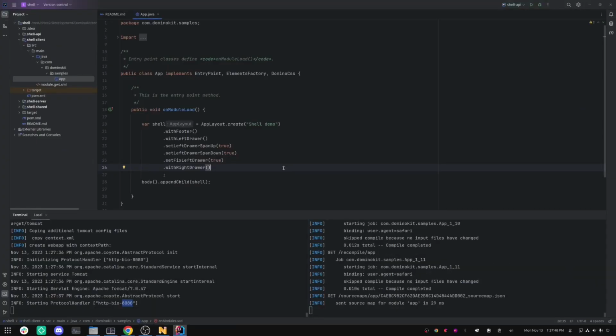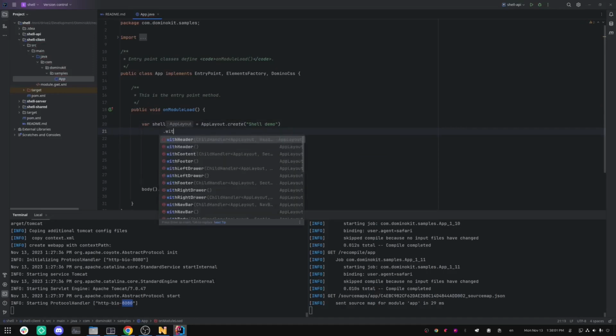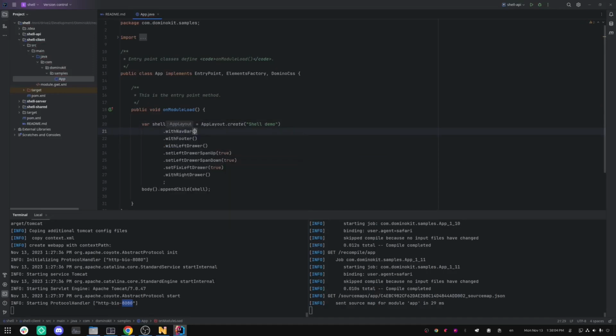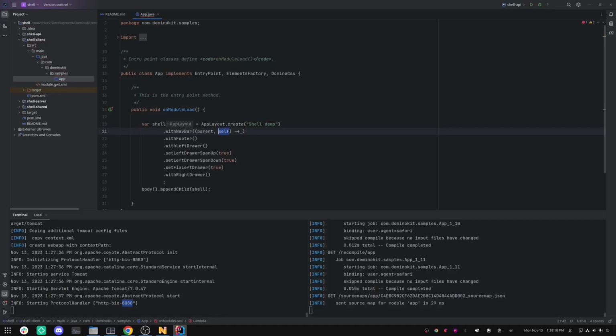Okay, so what else can we do with the layout? Let's try to add an icon here. Okay, what we can do is something like this. So we can use this syntax with an instance of individual components of the layout and customize them. Okay, so this is the nav bar. We can do nav bar dot append child